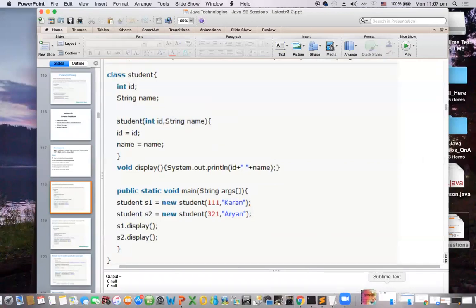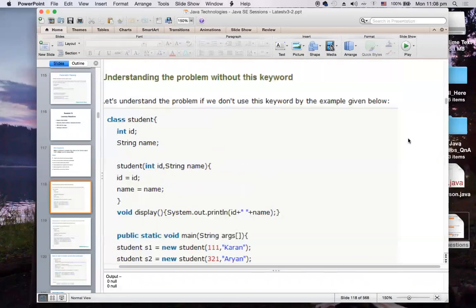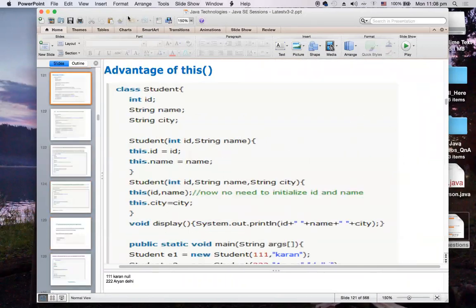I have an example here written, otherwise I can also make up a good example. Let me explain this and then make up that particular example.